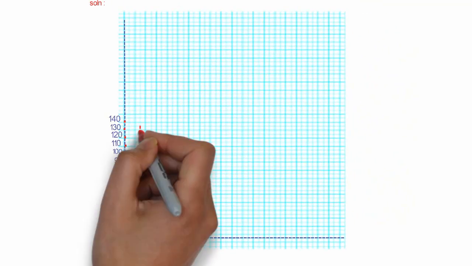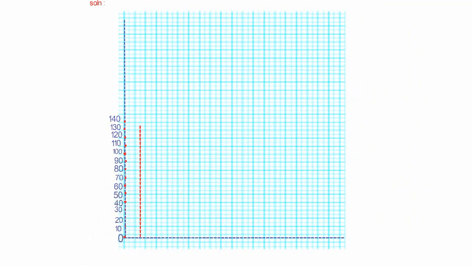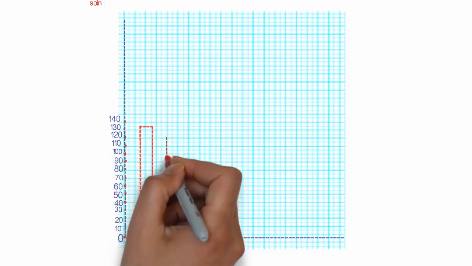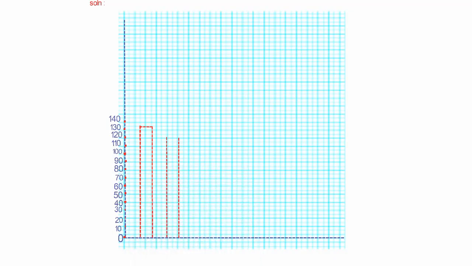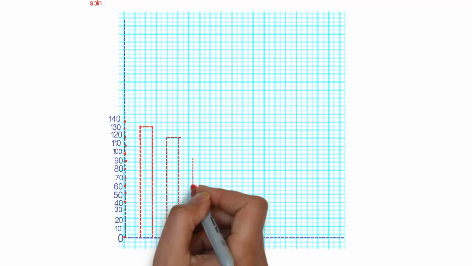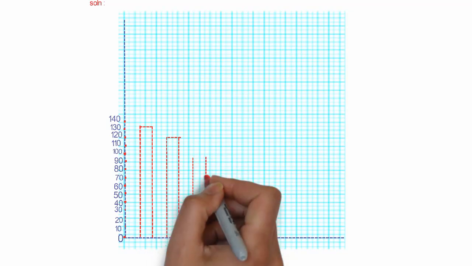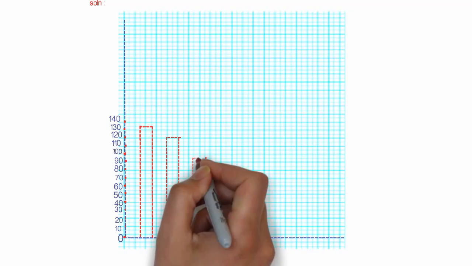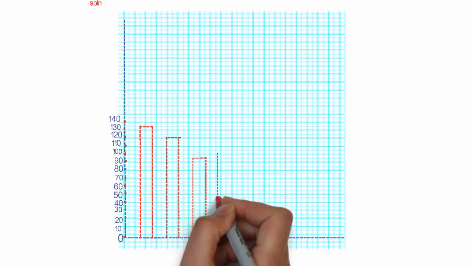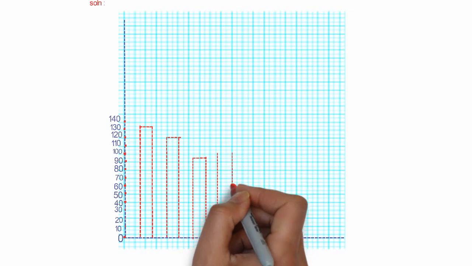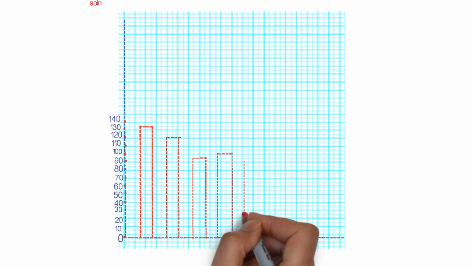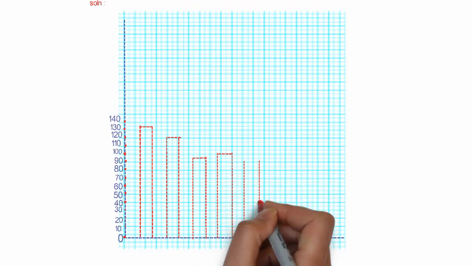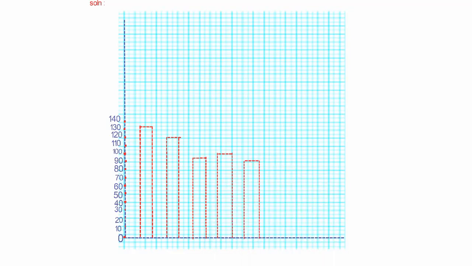Now we're going to draw the graph. In the 5th class we have 135. So first we're going to draw the bar of 135. It will be between 140 and 130. Second, 6th class 120. So second bar is over here. We have to take equal space between successive bars. You can easily observe we are covering one box to draw the bars, and keeping in mind the numbers we have to plot. This is 90, the 9th class, and the last one is 80,